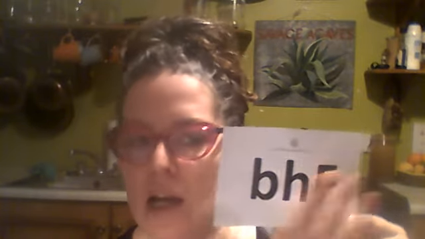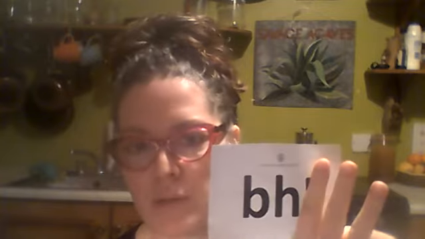So F for fhuinneog, which is window. If there was a BH in front of fhuinneog, it would be bhuinneog, or winneog. Again, you're going to hear the sound of the BH, the Uru, and the F sound will disappear. Okay, so the next one